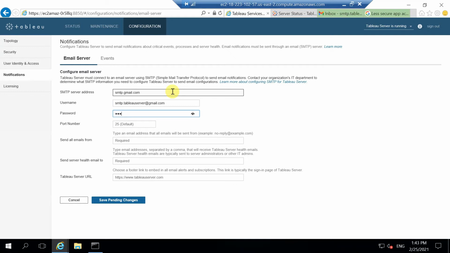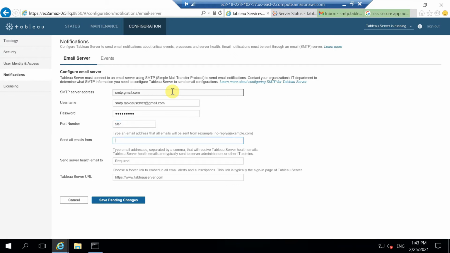Password, it has to be there because as Gmail is password protected, you need to have the password. So the account that you have just created, you need to give that password as well. Port number, by default the SMTP runs on port number 25, but in this case it's going to be 587.